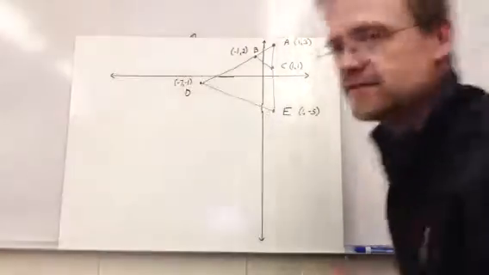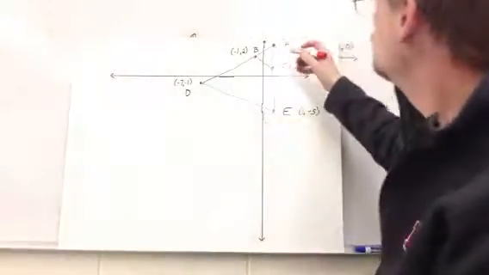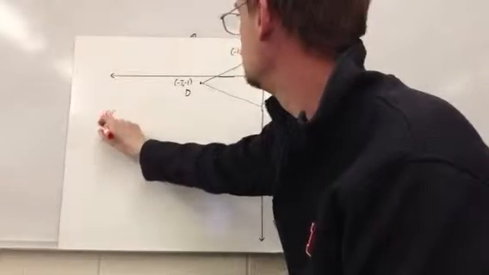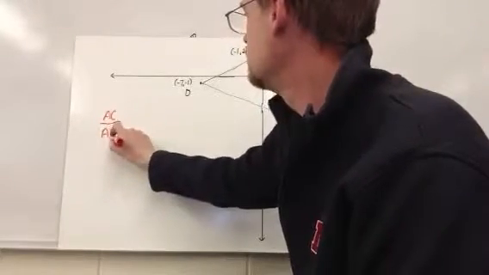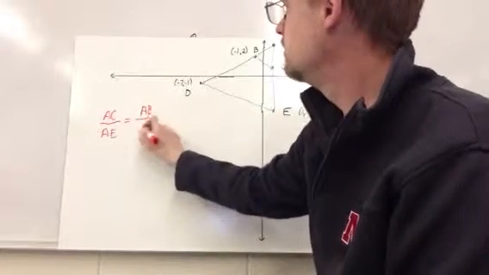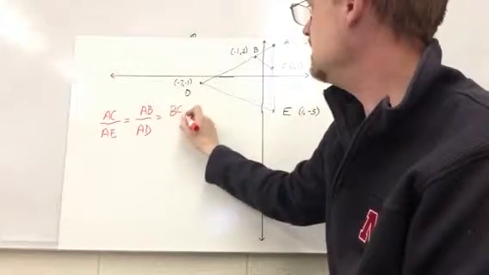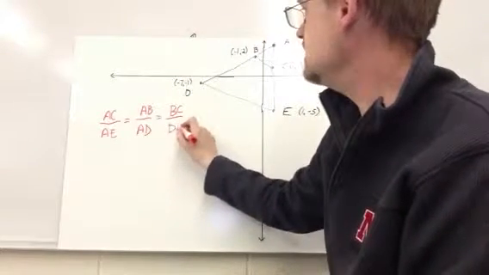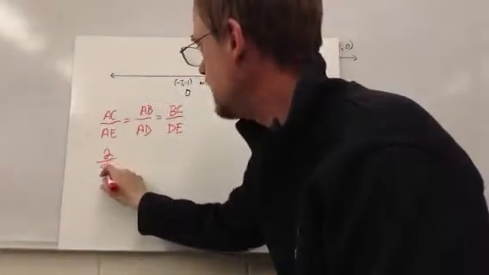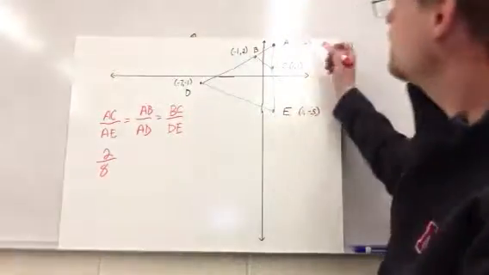So all we have to check is, do we have at least a couple of sides that are proportional? So we have AC to AE is going to be proportional to AB over AD, which is going to be proportional to BC over DE. AC had a length of 2. AE had a length of 8. AB,